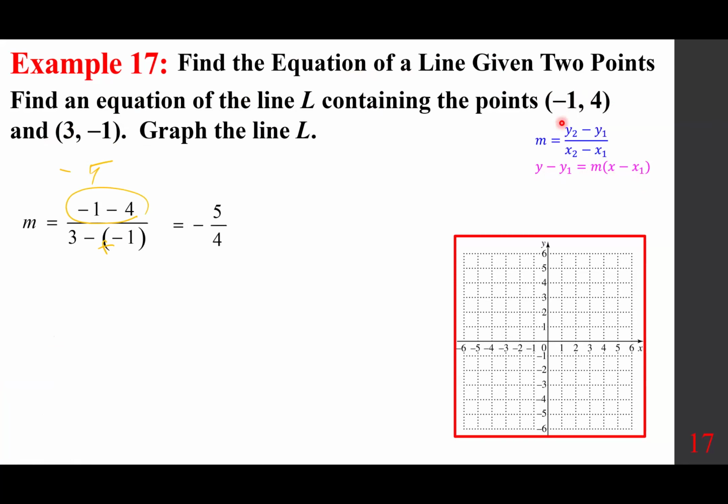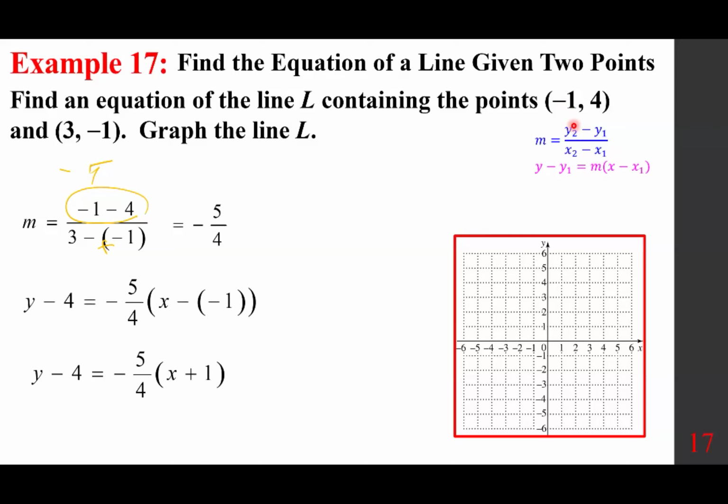If we use this one, y minus 4 equals m, -5/4, times x minus minus 1, which means plus 1. And if we distribute, we get -5/4 x